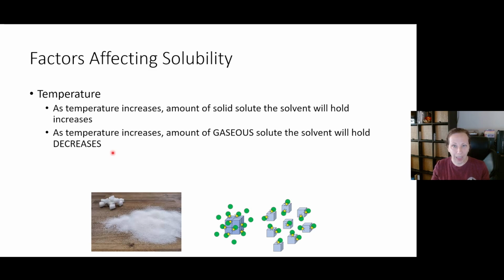But with gas, well, when gas is moving more quickly, it is going to hit the top of that liquid more quickly, right? And the ideal place for that gas is not in that liquid, okay? It wants to come out because it is less dense. So when that gas hits the top of that liquid, it's going to come out of solution, okay? And so the easiest way to think of this is soda, all right? If you have soda and you got it at a restaurant and it was in ice water and it's nice and fizzy and burns going down your throat,